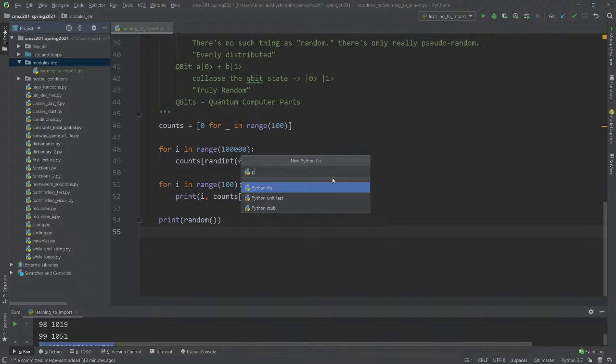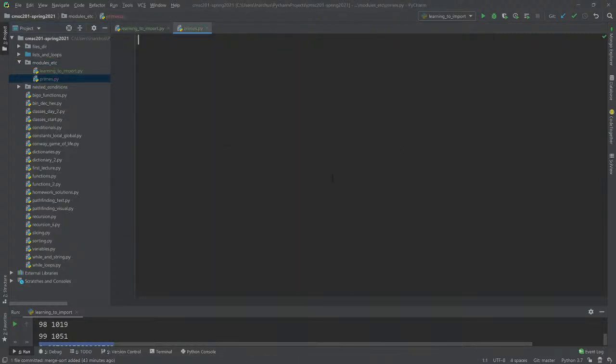Maybe, okay, maybe we'll make something called primes, okay? And maybe you're sick and tired of writing an isPrime function, right? You're absolutely sick and tired of it. So you're just going to write an isPrime function inside of this module, or actually this file, and we'll write it,